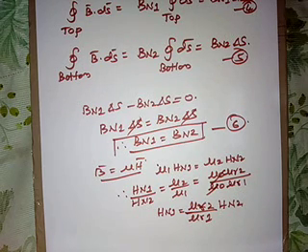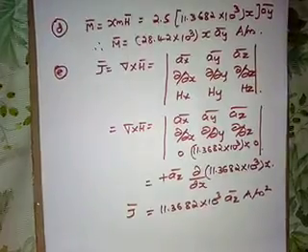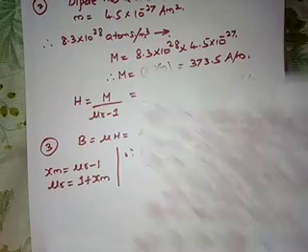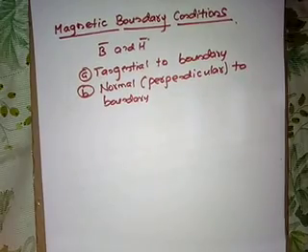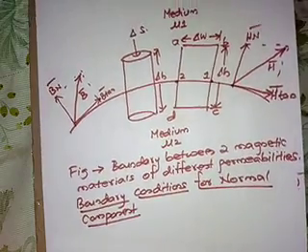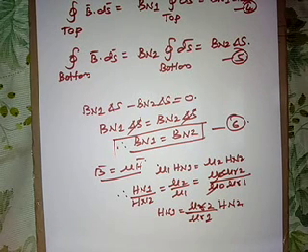Right students, I hope we all have followed today's topics. In today's topics we solved two examples, and after solving the two examples, we moved on to a new topic, that is magnetic boundary conditions. We started with the introduction and then derived the boundary conditions for the normal component of B and H, and we came to the conclusion that the normal component of B bar is continuous at the boundary and the normal component of H bar is not continuous at the boundary.